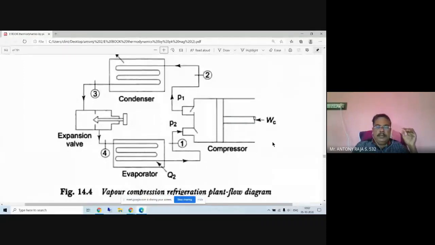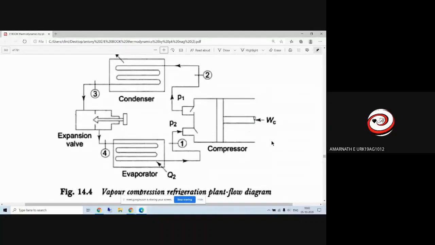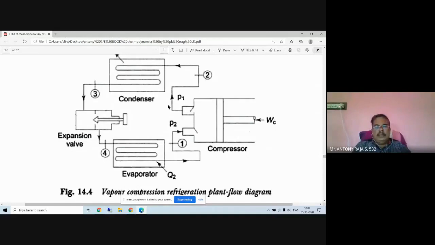In the previous class, we discussed the refrigeration cycle, the vapor compression refrigeration cycle. Is it visible? Any one of you? Civil, sir. So in the last class, we discussed this refrigeration cycle, and also we discussed that this is